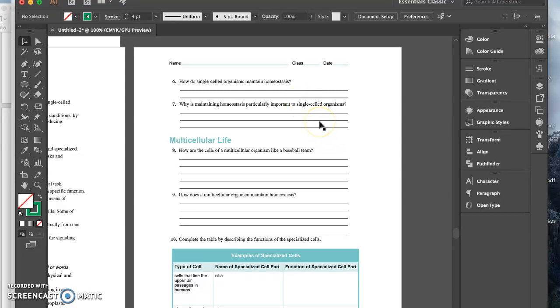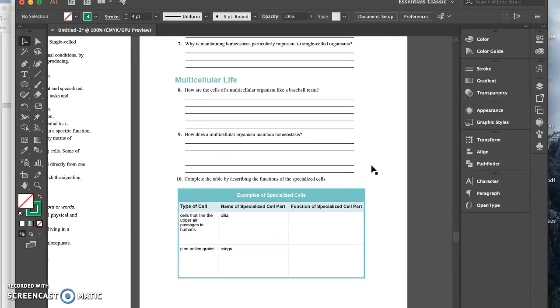And on a singular cell level, that might be more difficult, because unlike a multicellular organism like us, when we go in the salt water, we don't shrivel up and die because we've got a layer of dead skin cells that protect us. But if you're a single cell and you go in the ocean and you don't like salt, you're going to die. So it's much more difficult for single cell organisms to maintain homeostasis because they are their own one and only thing. They don't have specialized parts that can maintain the inside of an animal or plant.